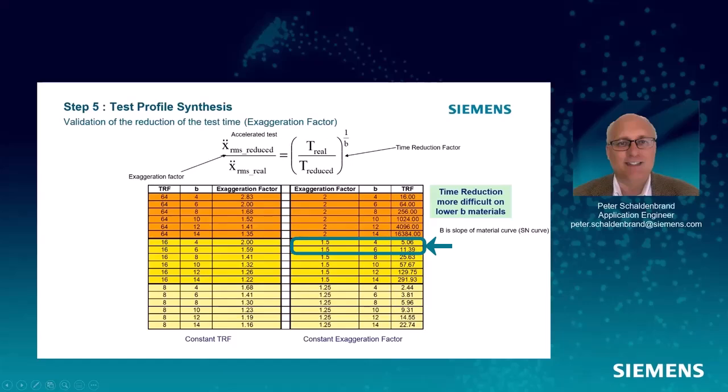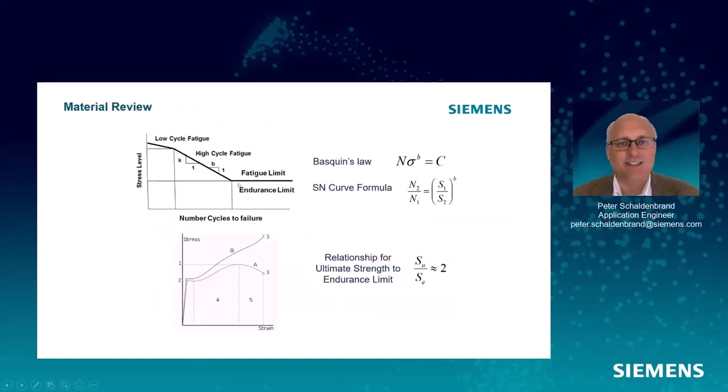Now these are rules of thumb, and what it depends on is where you start on the SN curve. If I start here, I know the ratio between here and the endurance limit is 2, so I had better not be multiplying that RMS by 2, or I really could be overcooking. If we're already in the high cycle range with our base measurements, up here above the endurance limit, generally we're multiplying by factors of 1.1, 1.2. So 1.5 is pretty aggressive.